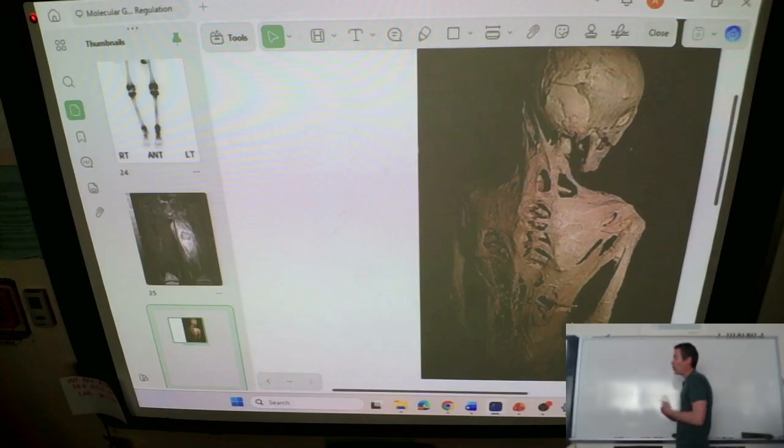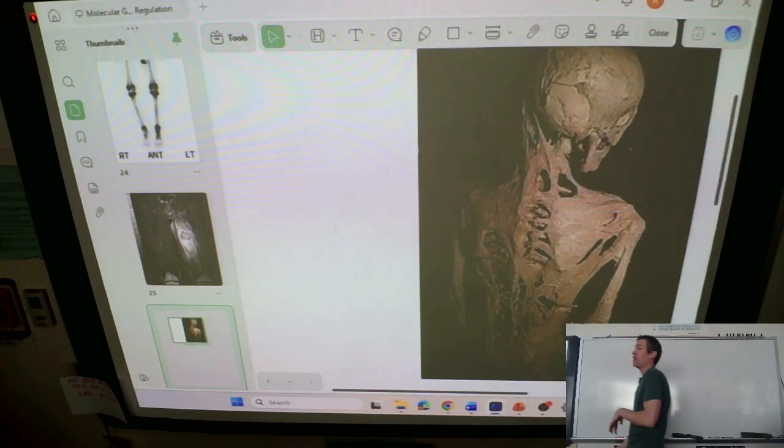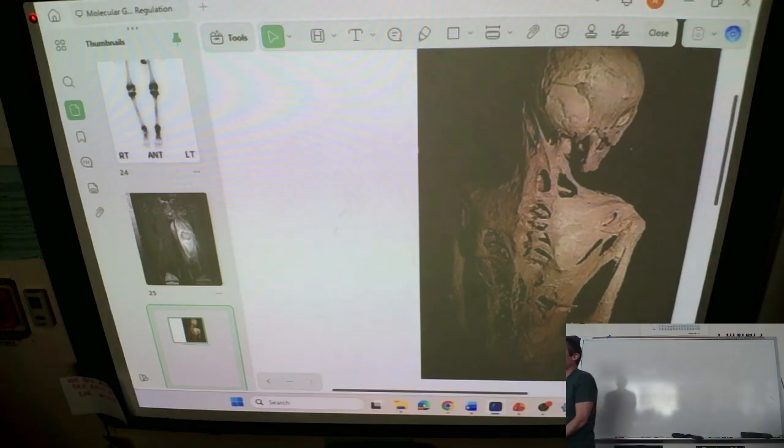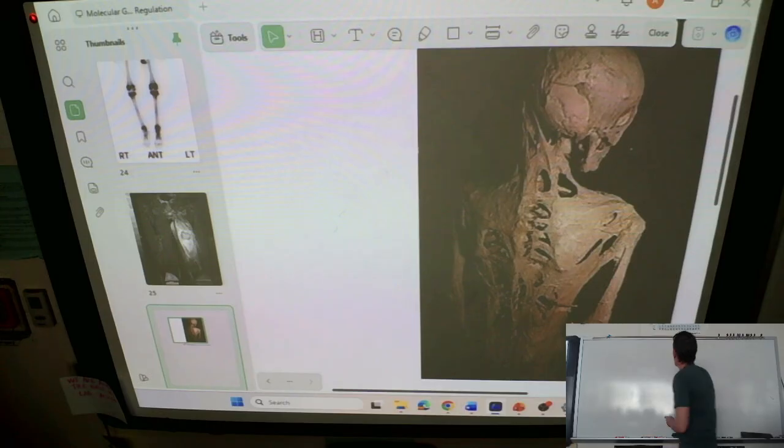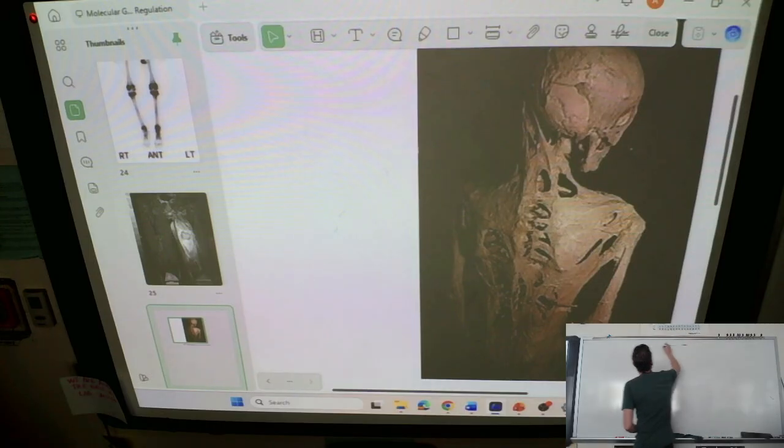However, if I have MOP or FOP, then I accidentally turn on the bone genes. And so whenever I'm repairing muscle, I'm repairing it with bone. And so you might not know a whole lot about anatomy, but you know that ain't right. You know? So we're going to kind of look at how that happens. So here's my cell.